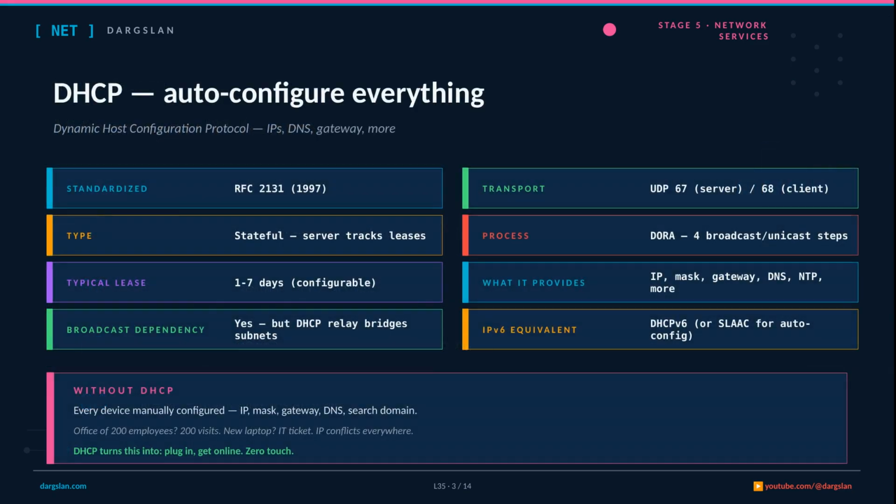Before we dive into DORA, let's anchor the fundamentals. DHCP was standardized back in 1997 as RFC 2131, runs over UDP, port 67 on the server, 68 on the client, and it's stateful, meaning the server keeps a ledger of every lease it hands out, typically for 1 to 7 days, and it doesn't just give you an IP, it delivers the whole starter pack, subnet mask, default gateway,